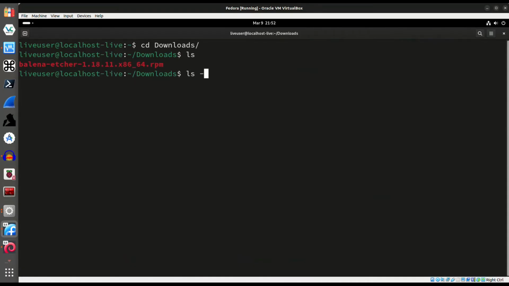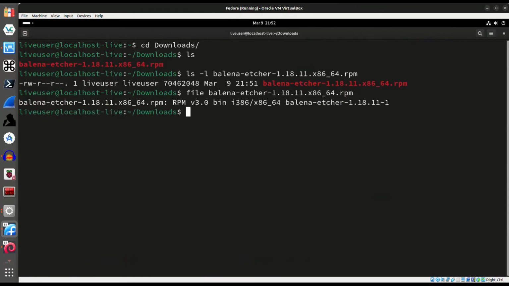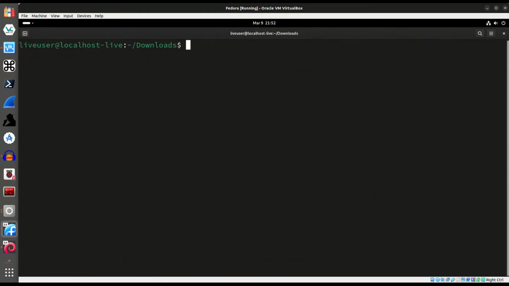I can do an ls -l, and it will give you a little more information on that, or I can do file and it will give you some information back on that. Not really necessary to do that, but what we're going to do is we're basically going to run the command straight from the GitHub page, which is going to be sudo